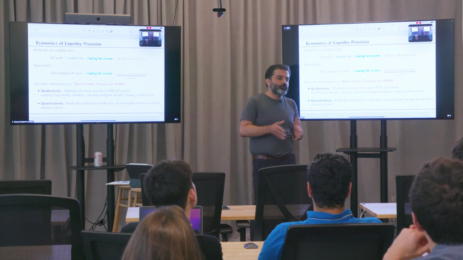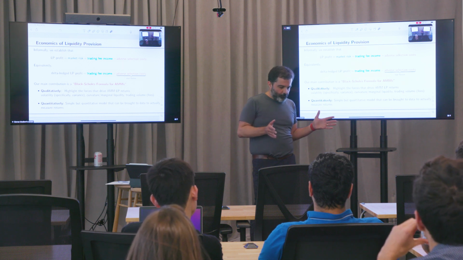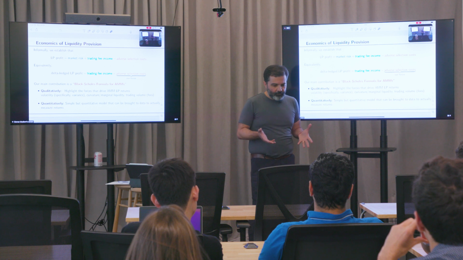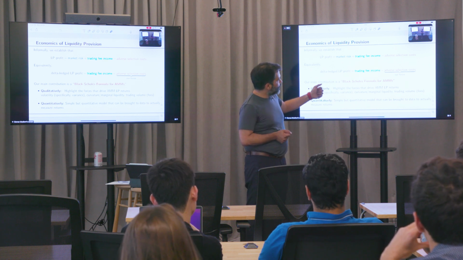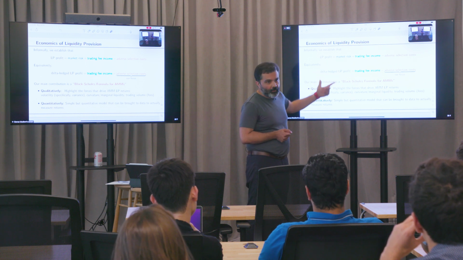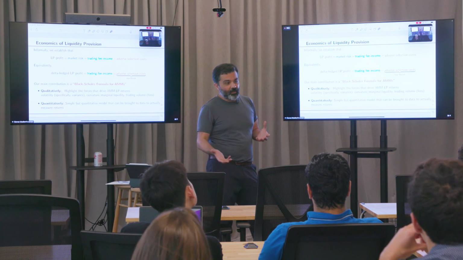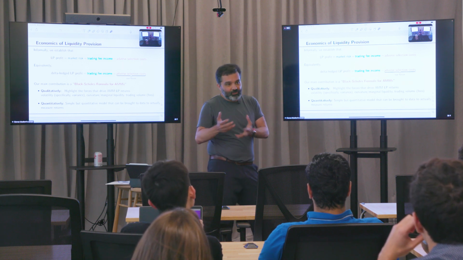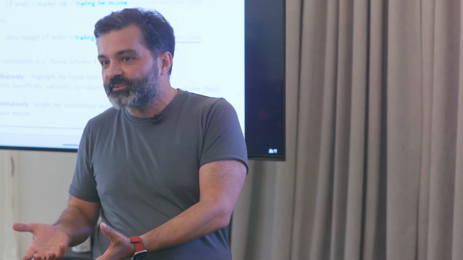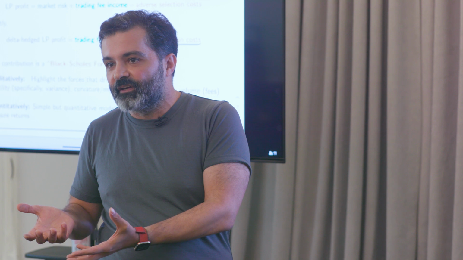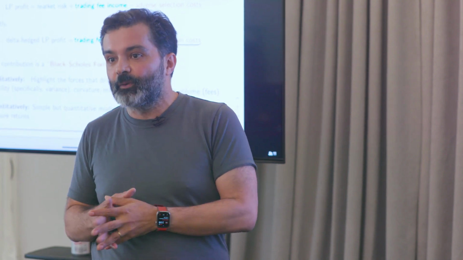So in my model, I'm ignoring that for the purposes of this model. In the real world context, I imagine someone who may want to be a market maker on an AMM also may be a market maker on a centralized exchange, right? And they can just add this risk to their overall risk book. And if you're already making markets on a centralized exchange, it's quite possible that you could do this hedging in a very low cost way. But I'm going to assume that the hedging is costless for the purposes of this talk.